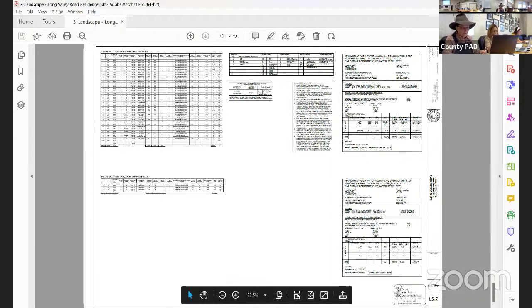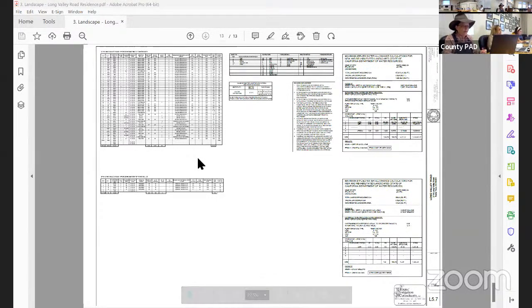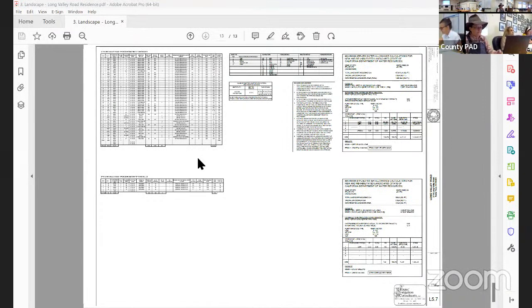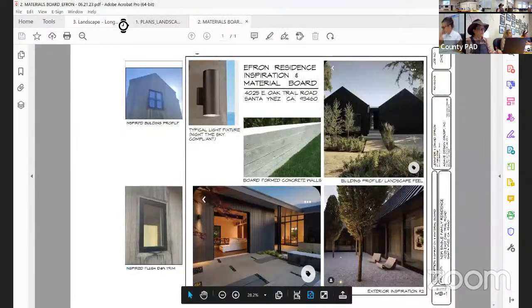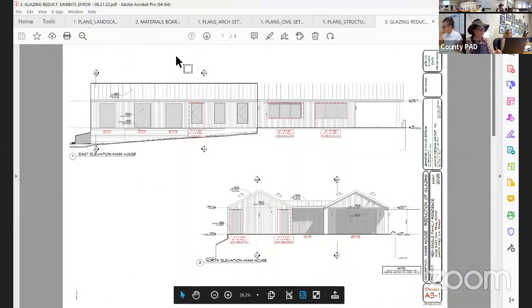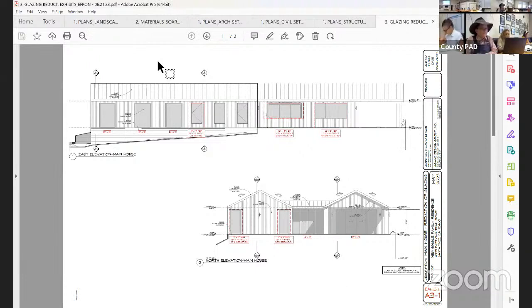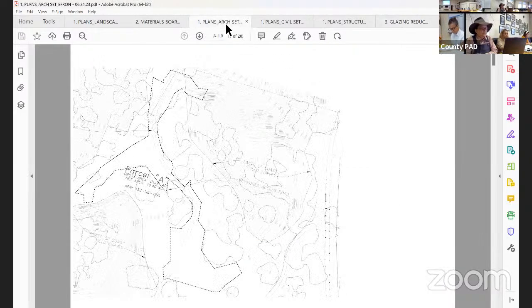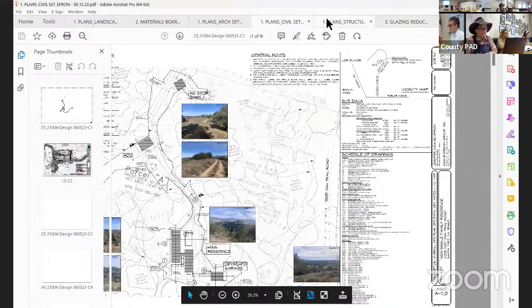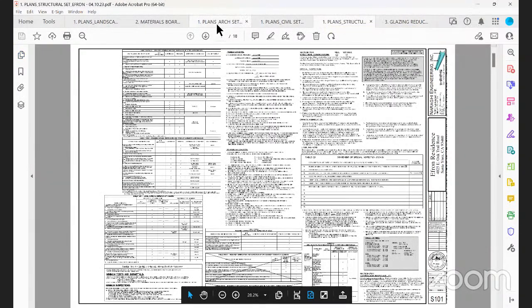All right. So let me go ahead and get you guys this project open here. Okay, we have somebody here for this. Yeah, good morning, Bethany, Tony Cano here. Okay. So where do you want to start? I've got 3 things with number 1. This is your arc set, your civil set, and your structural set. Yeah, where do you want to